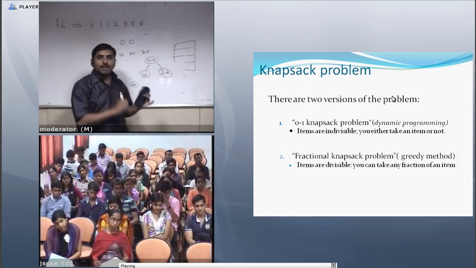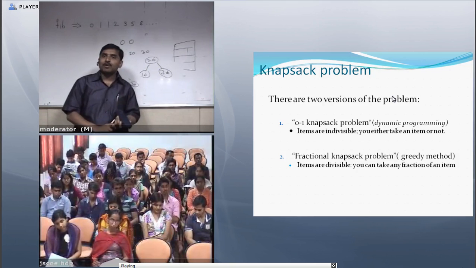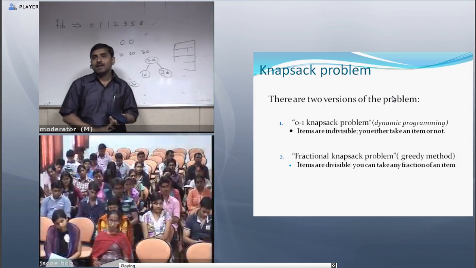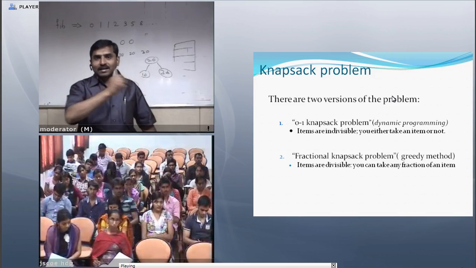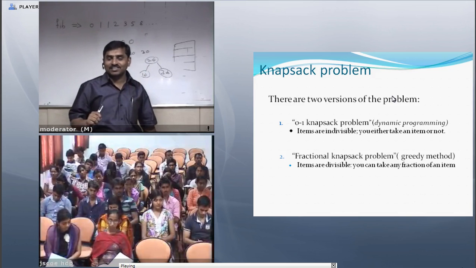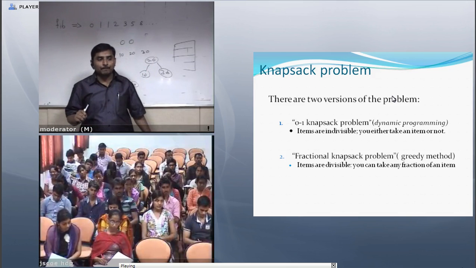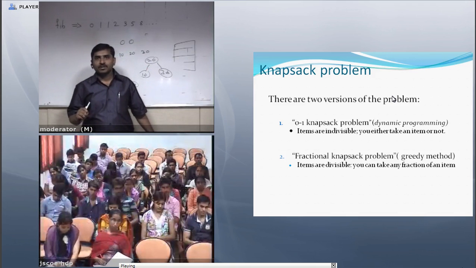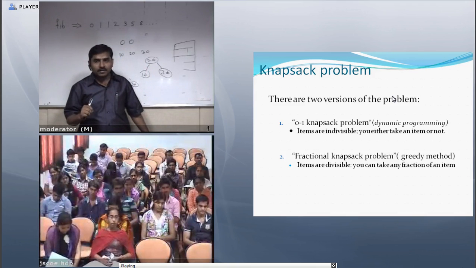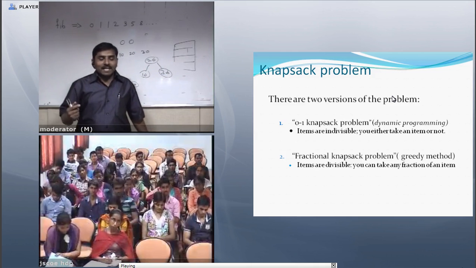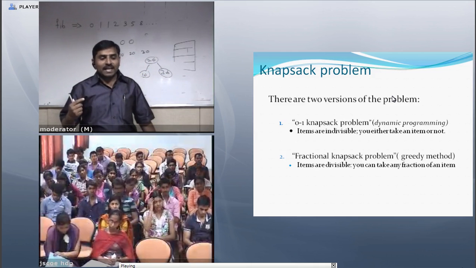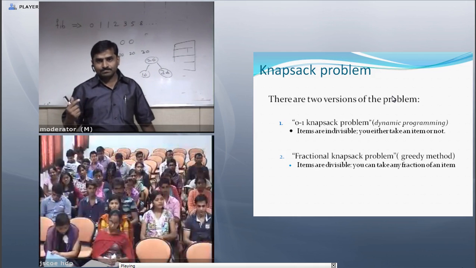There are two versions of the knapsack problem. We already saw one version in the last unit in greedy methods: the fractional knapsack problem. In that, items are divisible, so you can take any fraction of an item.